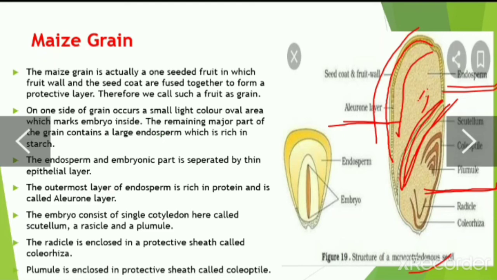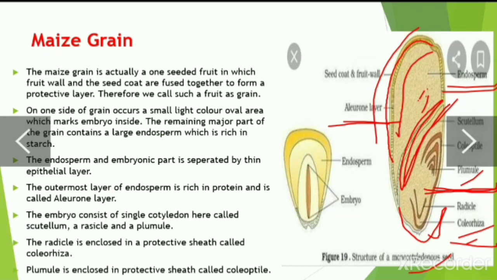The embryonic region consists of a single cotyledon. As you can see, only a single cotyledon is present, which is known as scutellum. The embryonic region is differentiated into the scutellum, a radicle and a plumule. The radicle is present at the lower end of the embryonic region and protects itself by a sheath called coleorhiza, and the plumule is present in the broader region of this embryonic region